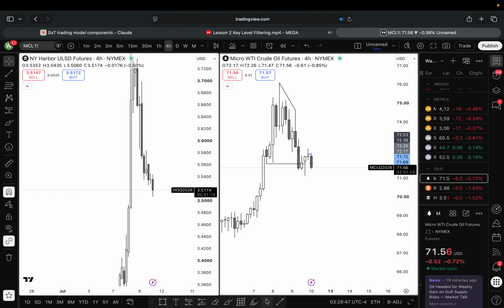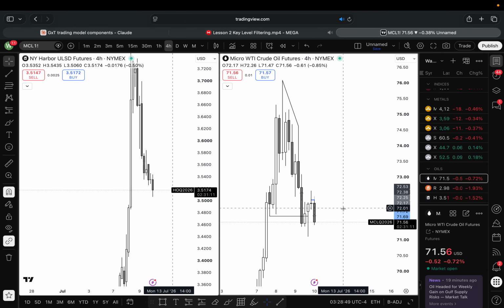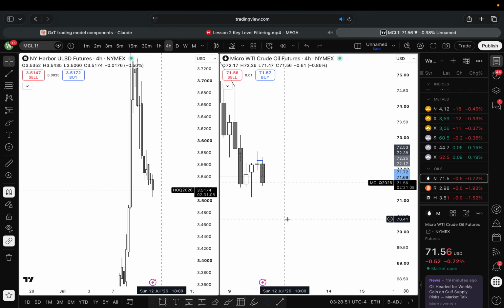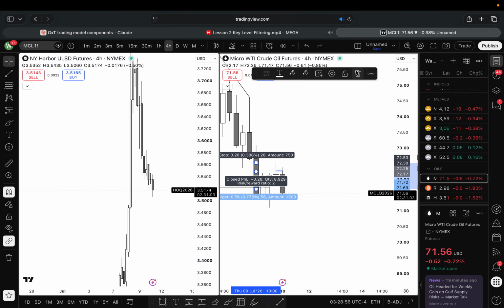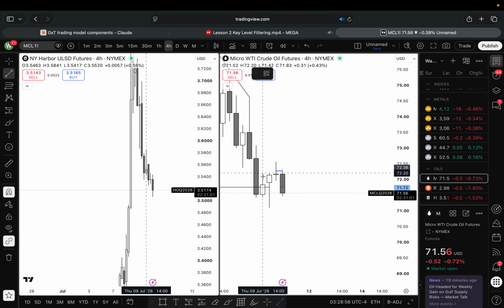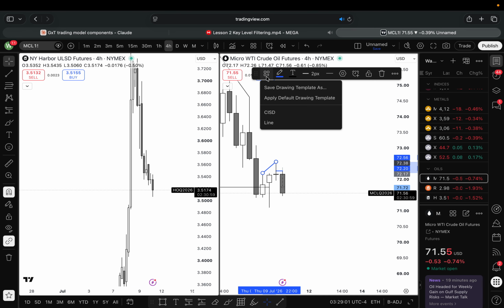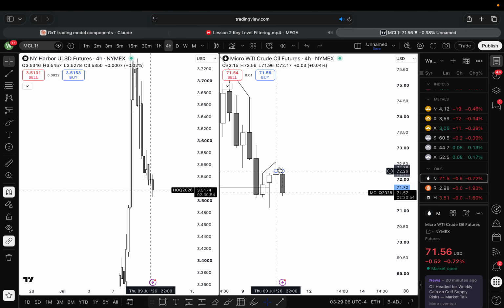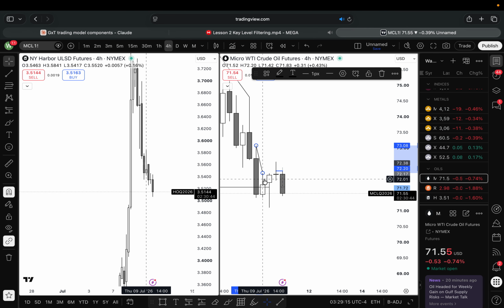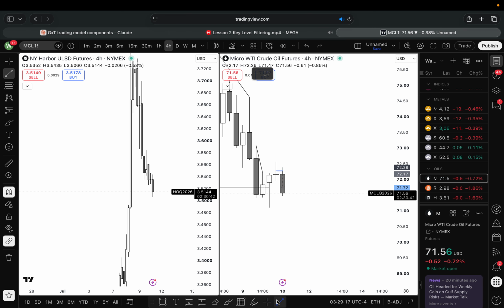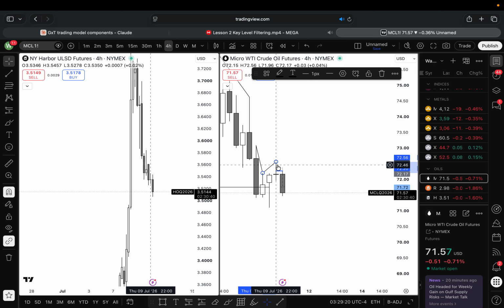So if I go into this today, we had formed a fair value gap here, right? A fair value gap, and there was a SMT full in this fair value gap. Actually, a two-stage, because we had one formed there, and then we had formed this, right? So we had two SMT fills.